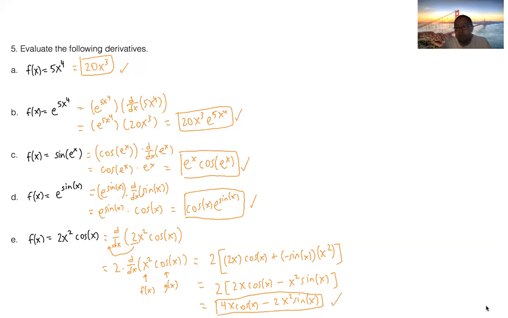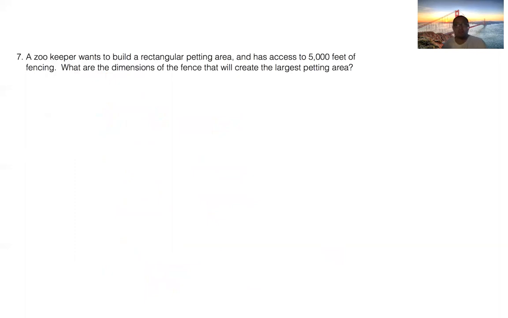Awesome. Number 6, 5 to 7 minutes. All right. So when you're looking at word problems, we said you need to pick out the information that you're given, and you need to figure out what you need to find. Okay. So in this case, a zookeeper wants to build a rectangular petting area. So from here, you should have seen a rectangular area, and you know that